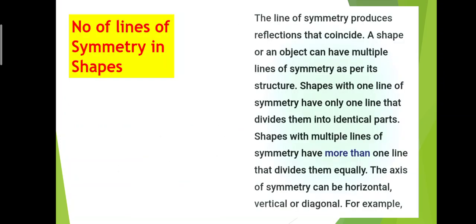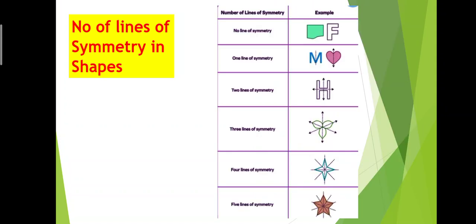Number of lines of symmetry in shapes. The line of symmetry produces reflections that coincide. A shape or an object can have multiple lines of symmetry as per its structure. Shapes with one line of symmetry have only one line that divides them into identical parts. Shapes with multiple lines of symmetry have more than one line that divides them equally. The axis of symmetry can be horizontal, vertical or diagonal. For example,